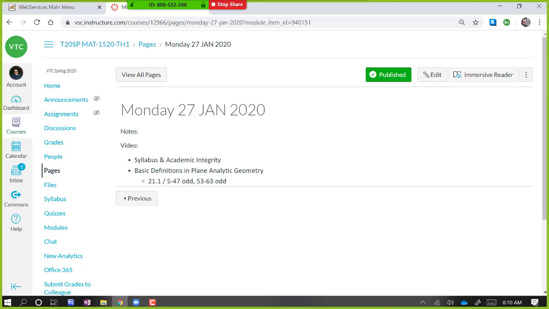Also, I'm recording what we're doing right now. I'm recording the screen, just the screen and the audio. There'll be a link for a video, and usually that takes longer. So the notes usually will be up maybe shortly after class. The video I have to edit and render, so that's usually up by the following day. So if you miss a class, or if you just want to review something that we did, there are resources there for you to do that.